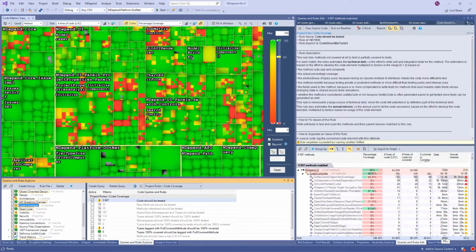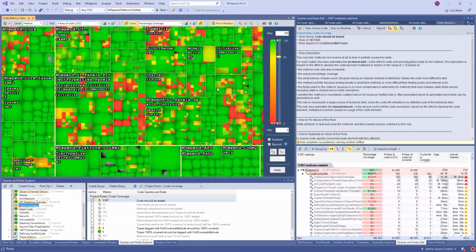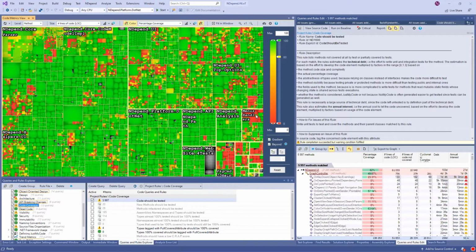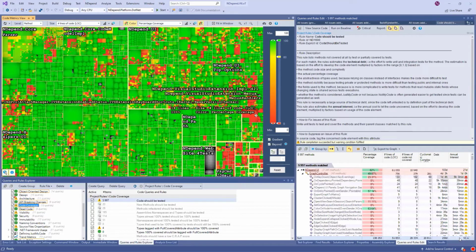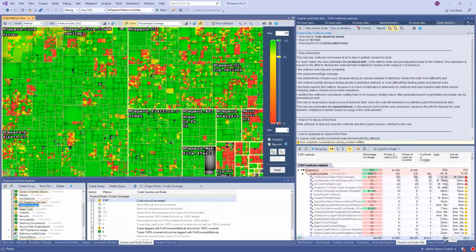So I need to assign a developer an entire year to reach 100% coverage. That's quite a lot of time, a big estimation, but it seems realistic because the code base is quite big. Basically, to transform all these red squares into green squares, a year of work is needed.